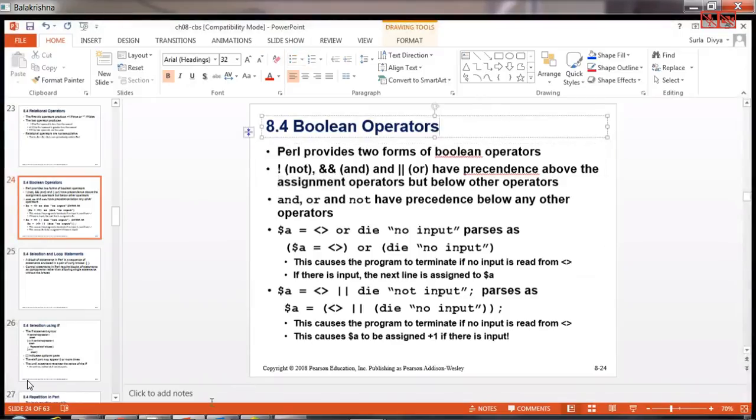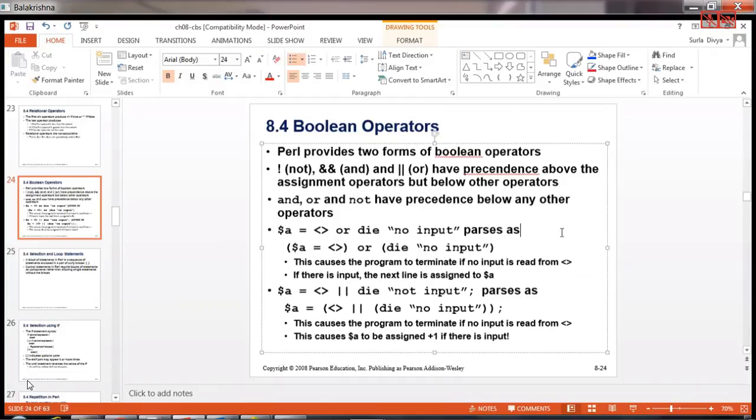Let's say if $x is equal to 4, or $x is equal to 7, if I say. So what should happen is, first of all, the Boolean operators get evaluated first, because $x is equal to 4 or $x is equal to 5, they are assignment operators. So first this gets evaluated. These are mostly helpful whenever you are writing some loops.